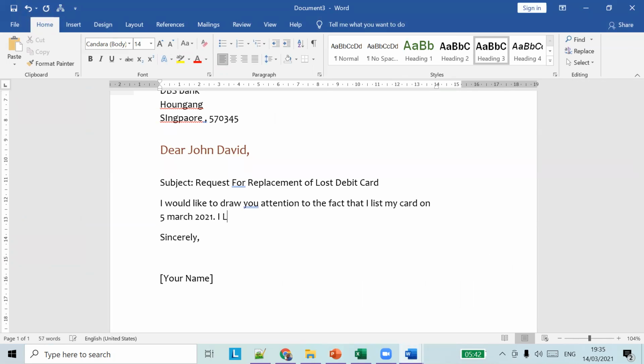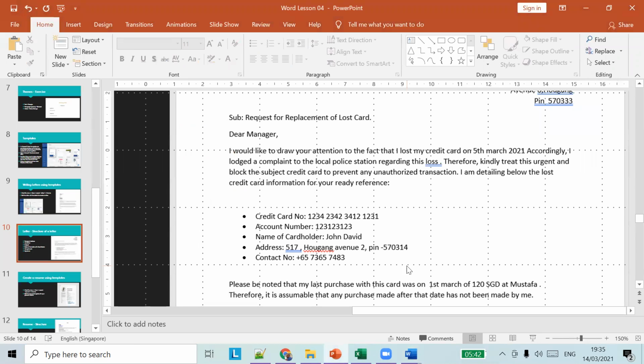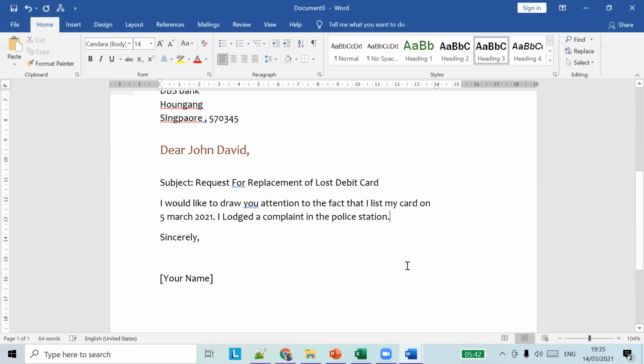For losing a card, right, you usually have to lodge a complaint, maybe in the police station. So I will give all those details. I lodged a complaint in the police station. So kindly block my card